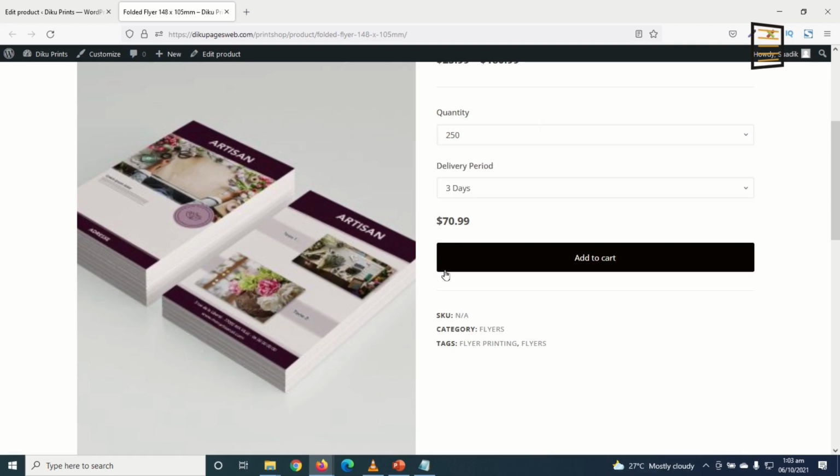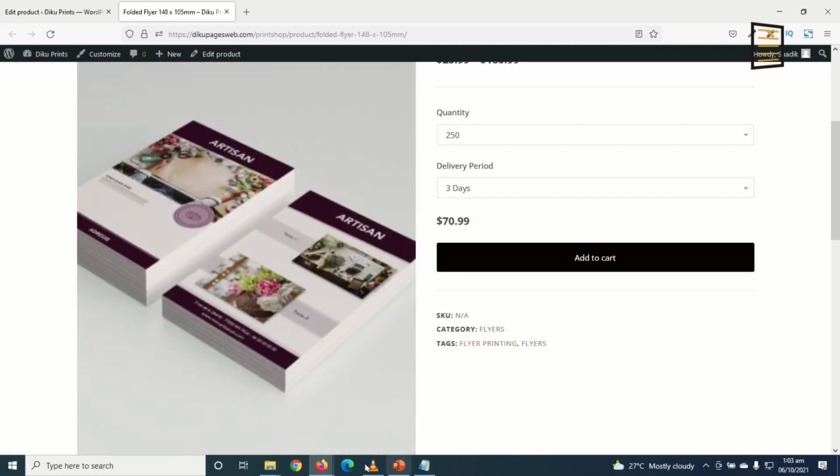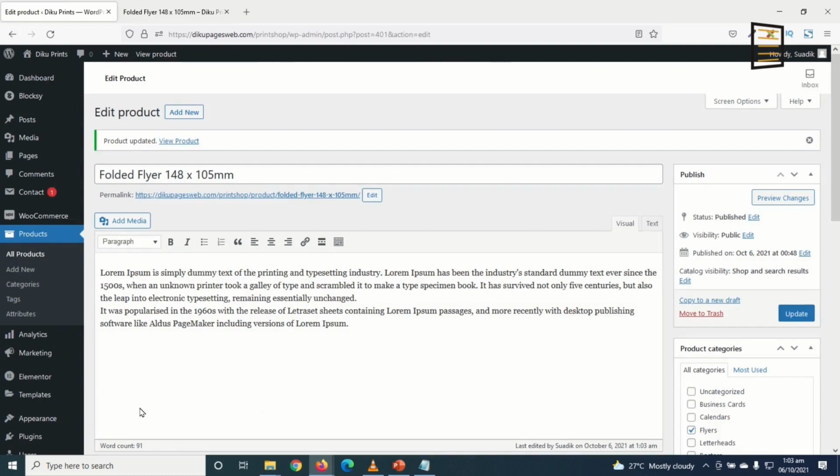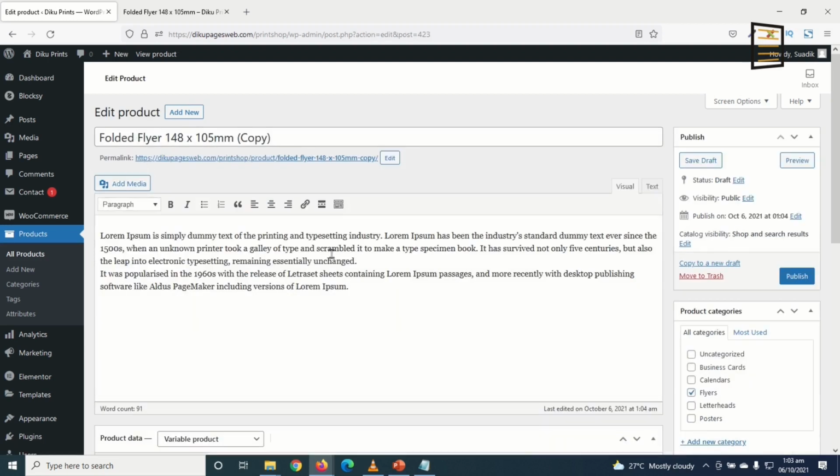Perfect. Now the next thing I'm going to show you is a fast way of creating a product. So I'll go back to the back end and I'll click on all products. Take note, we've already created 2 products. So if I need maybe a similar product for flyer or calendar, I can just duplicate any of them. Upon hovering on it, you see that I have duplicate, and the same goes for all the products. So I'll just go ahead and click on duplicate and it will open the product editing